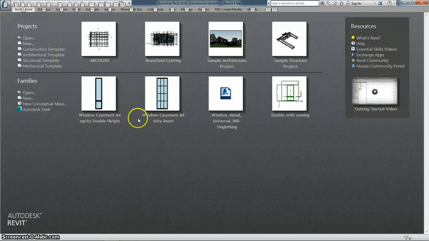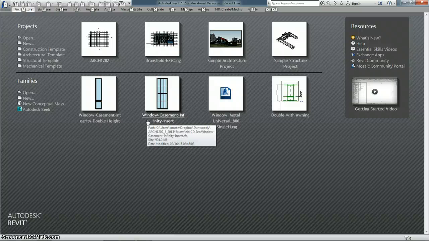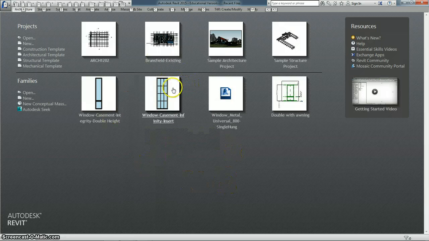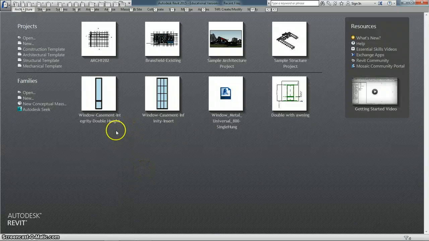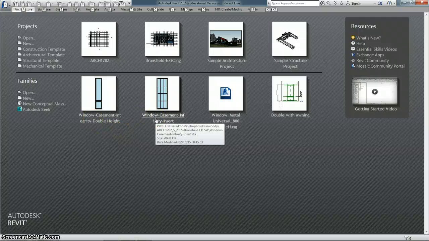And there also is the one that's downloaded from their website, the Infinity insert. This one is necessary for doing the ones where they don't have the lower operable window. And then this one, you'll find that when you install it, there are four different families that I put together, basically the size of the windows we need for the class. So let's get started, but make sure you've got these downloaded, and then we can start the exercise of inserting